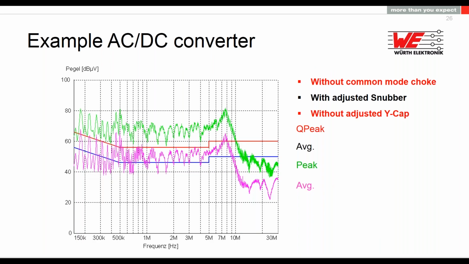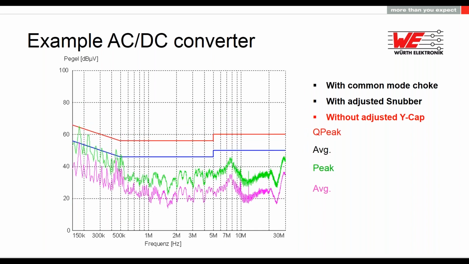With the best adjusted snubber, without common mode choke and without the Y cap, it was impossible to pass the conducted emission test, 150 kHz to 30 megahertz. You can see the noise is quite pretty big. It's impossible. Now, first activate the common mode choke on input. As soon as we activate the common mode choke on input, we saw already, this is a massive good improvement. The noise is getting down, but was still not enough because if you look here on the front, it still does not pass